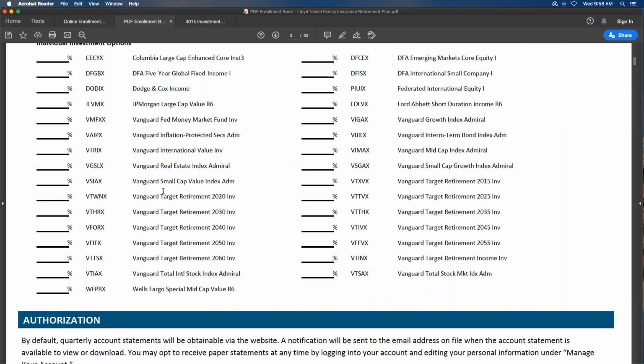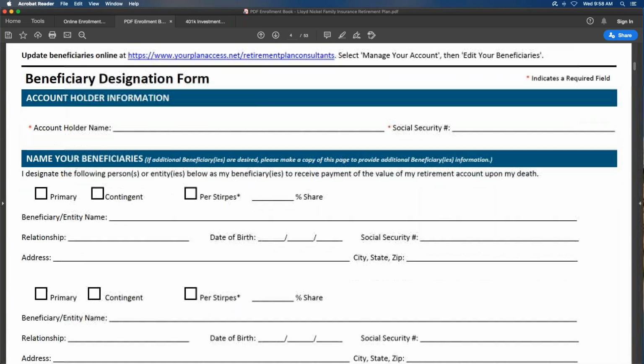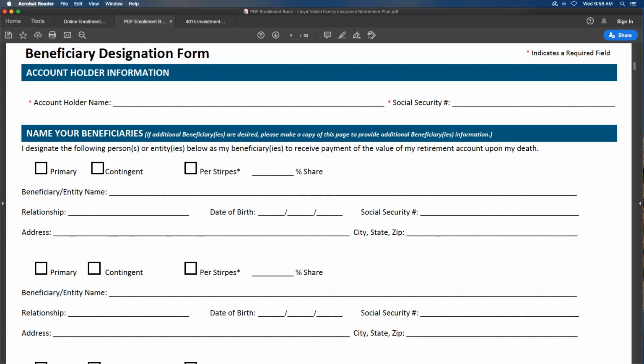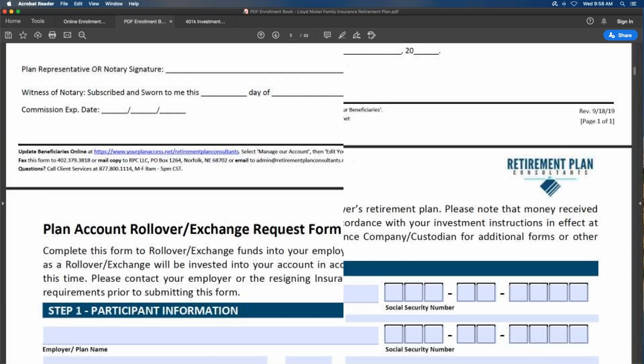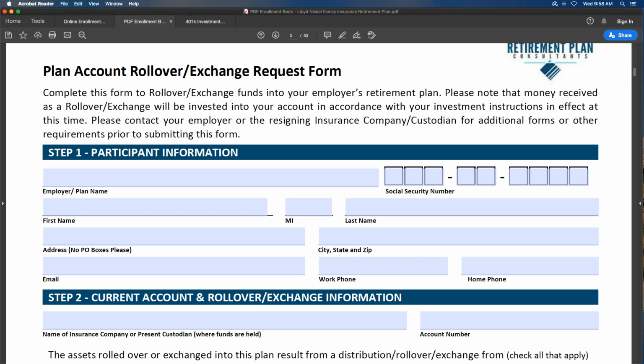Perfect. So to hop back over to the enrollment form, just covering the last 2 items, beneficiary designation form, you'll have the option of putting in beneficiaries on the online enrollment. That would be like a spouse or children, relatives, things like that. Yep. And then the last and final piece is if you've got an old IRA, an old 401k account that you would like to roll over or consolidate into the plan, if you're eligible to participate, you can roll that money over. There's a team at Retirement Plan Consultants, and we've got a dedicated representative by the name of Stephanie